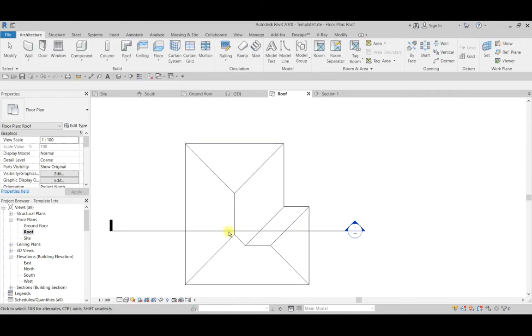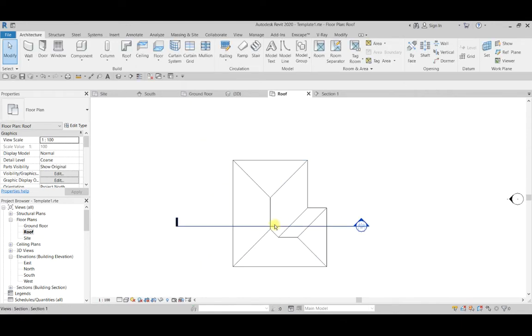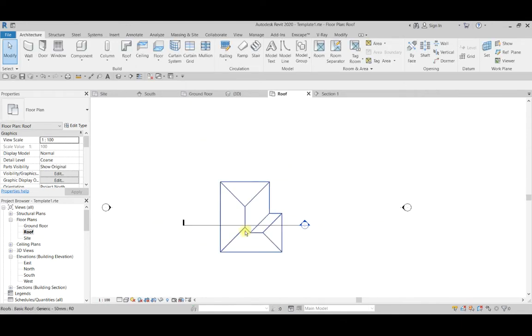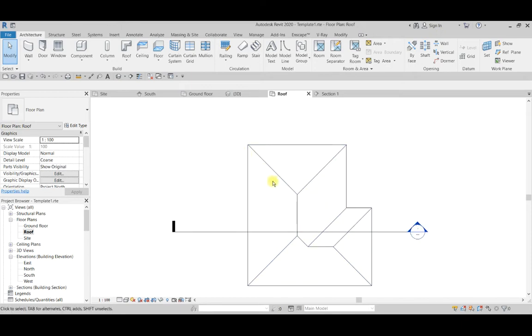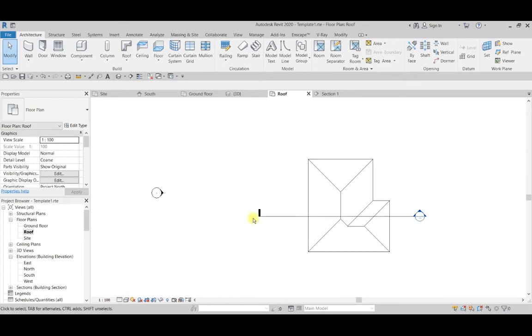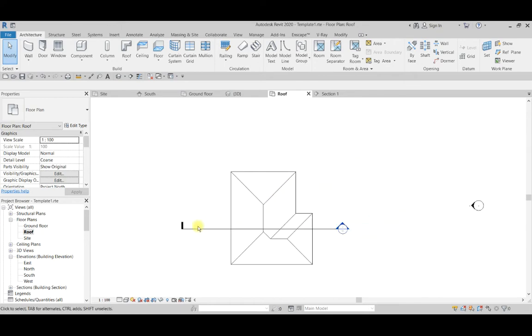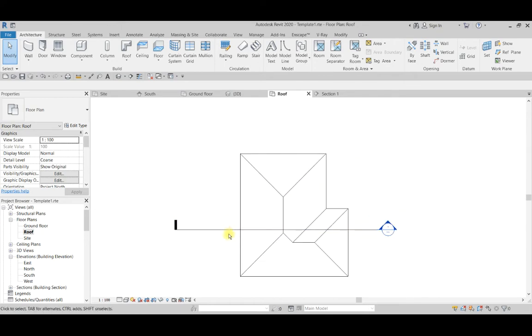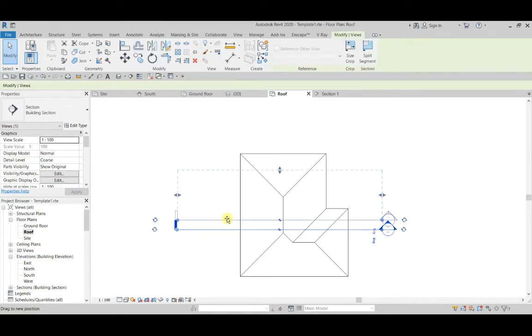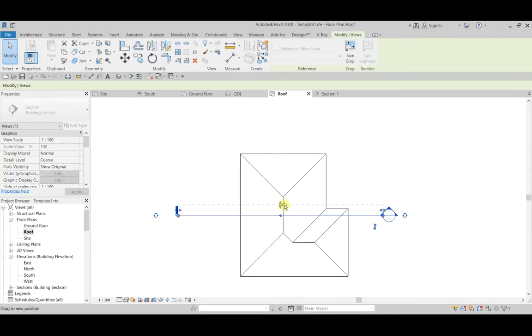So after changing the view range, you can see our roof apex can be seen. So remember, here are the hip and here are the valley. So our main focus today is to provide the members or the carcassing plan for the roof for a construction